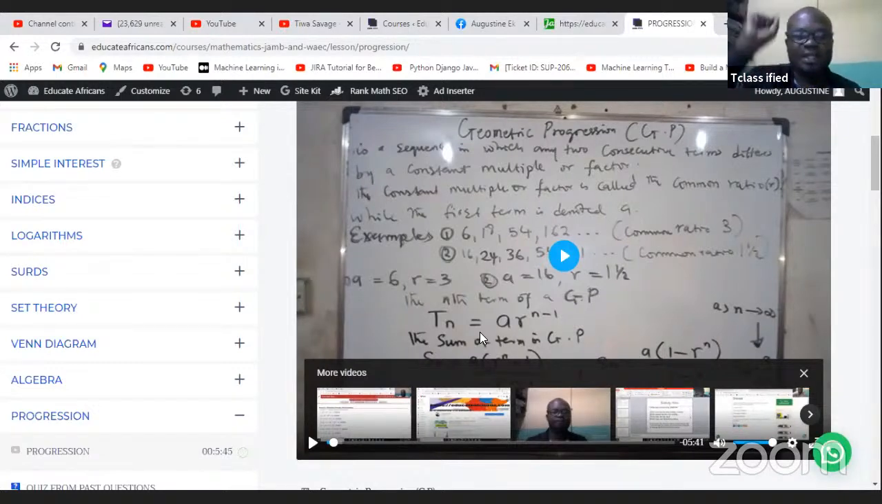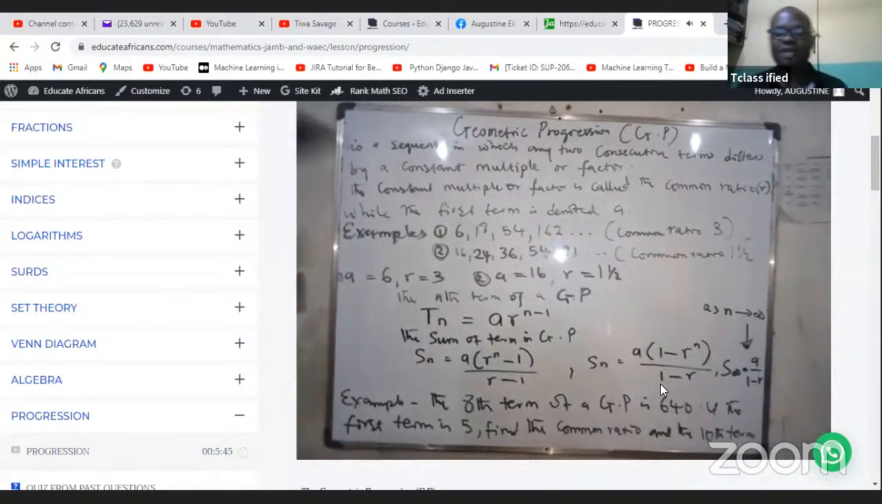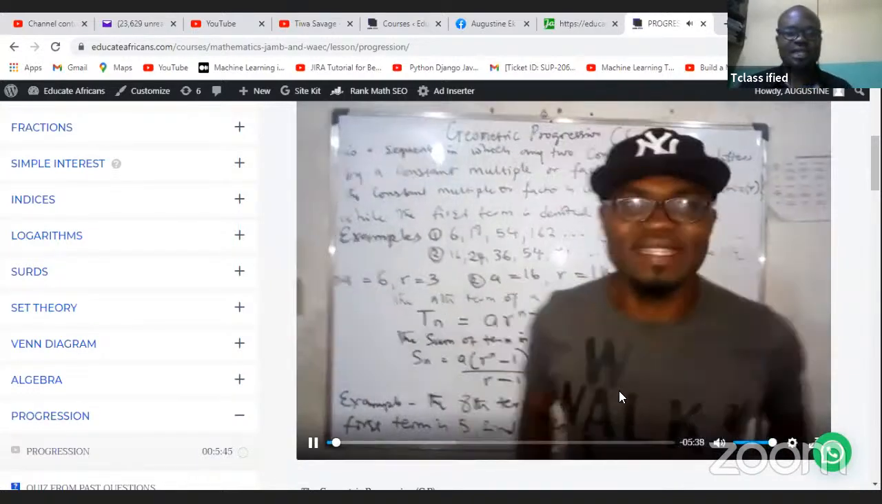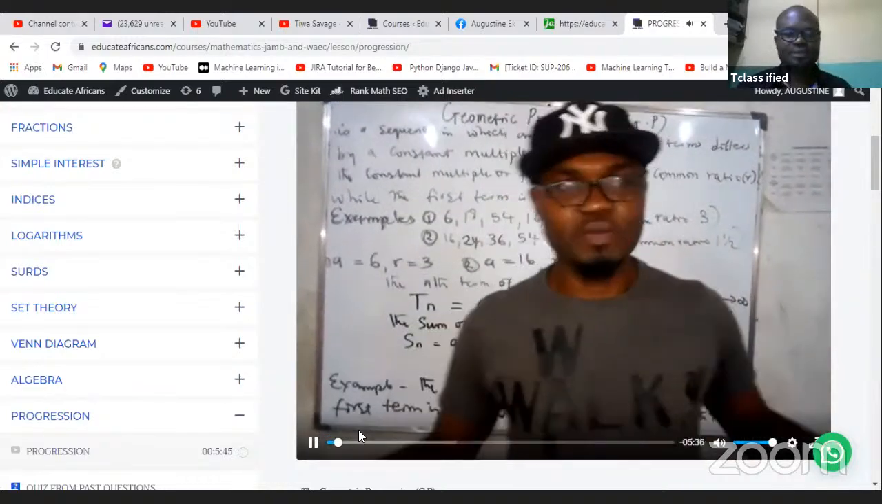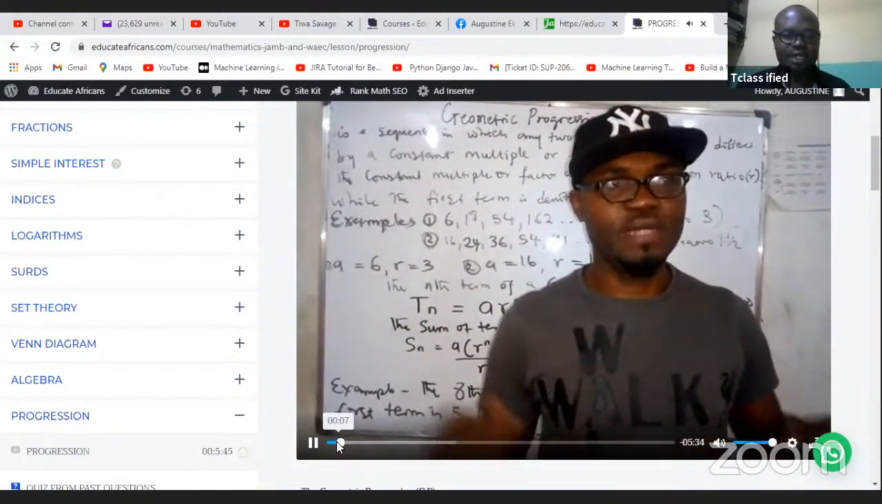which is the sum of the terms of a GP. So the formula for that is Sn equal to A into bracket R^n minus 1 all over R minus 1. We all know what A is. A is the first term, R is the common ratio, N is the number of terms that you're looking at. So that is how you calculate that. So with that, we are going to try this